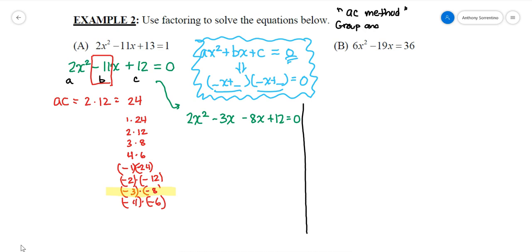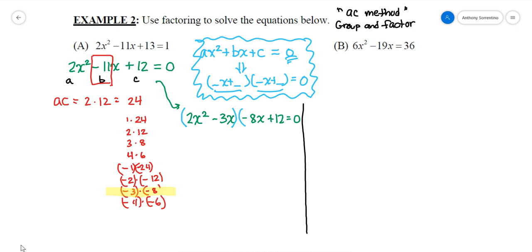Now, it seems like I'm taking an extra long time for this, and that's just because I'm explaining as it goes along. But if you were sitting here doing trial and error methods, especially if the numbers get any bigger, especially like 24 there, if I start getting numbers that are even bigger than that, then I'm going to have even more to try out. Whereas this lets me consider them in a much more direct way, and I can come up with the right combination a little faster. Group and factor means I'm going to take this and split this into